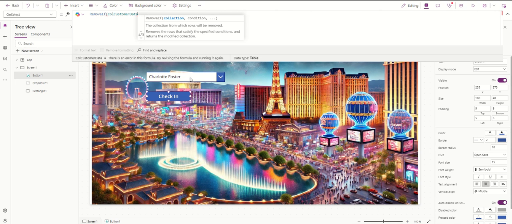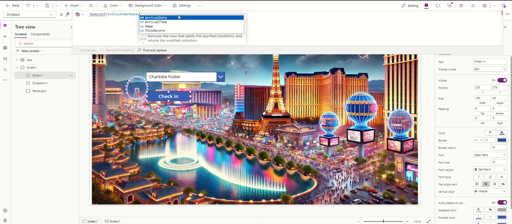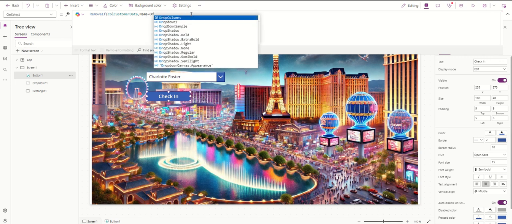And remember, this is only showing information directly from Cole customer data. So if we remove it from Cole customer data, it will automatically remove it from the dropdown. So check in, remove, and then we have to give it a condition. So you say if the name equals, what's that? Drop down one,